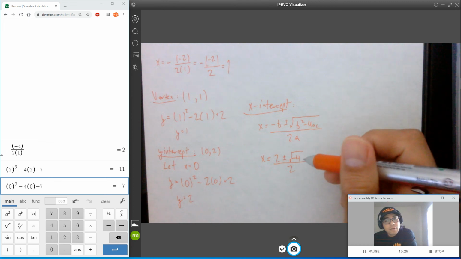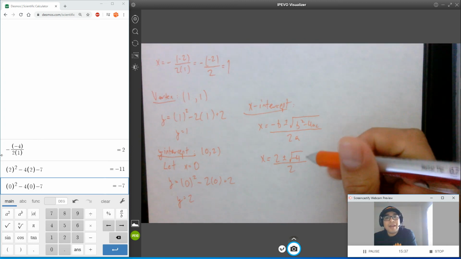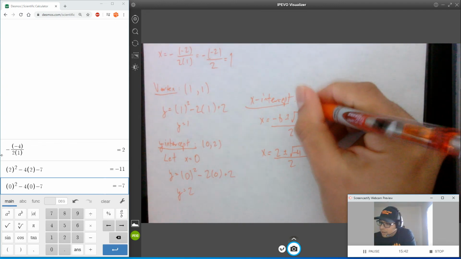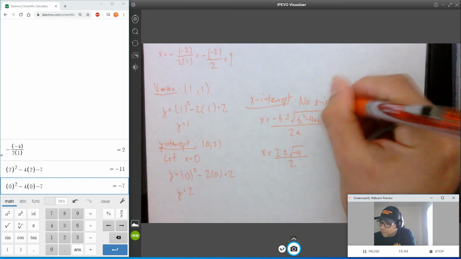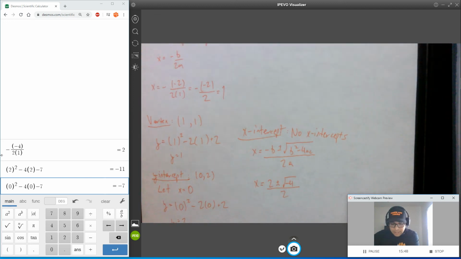Now we know what kind of solutions we have when we have a negative as our discriminant, right? We know that we have two complex solutions. So in this situation, there are no x-intercepts. And if I were to draw a sketch of this, and like I said, this is just a sketch,